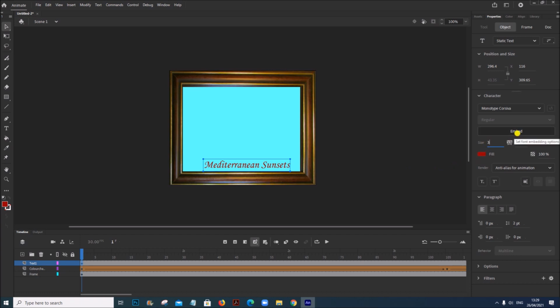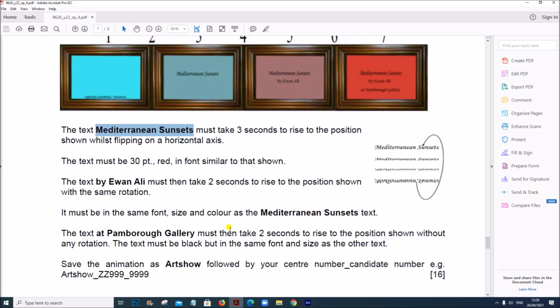Let us set it as 30 point. And the font is Monotype Corsiva. You can select the fonts from here and check the one which is matching. When the text appears at the beginning, it is in the upside down position.